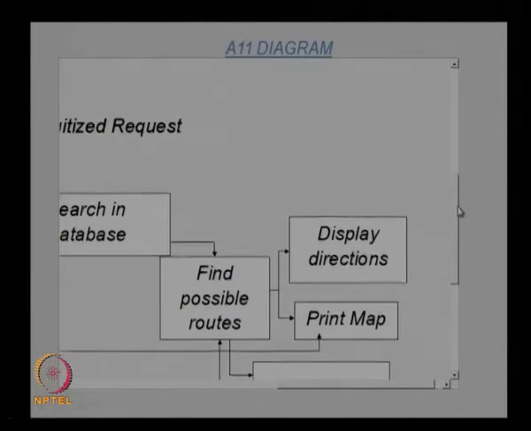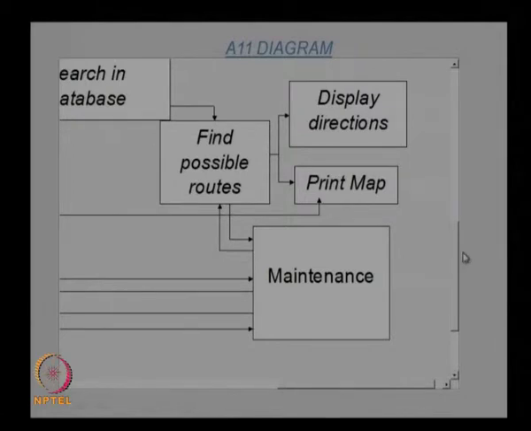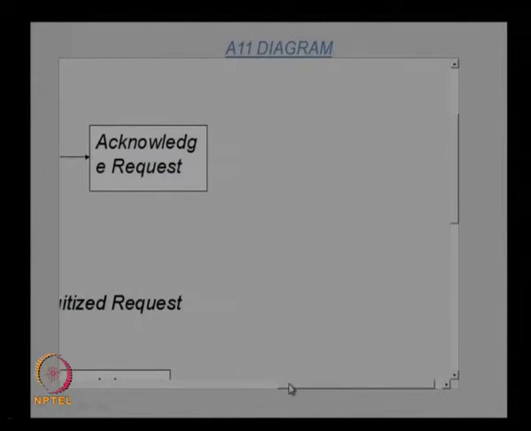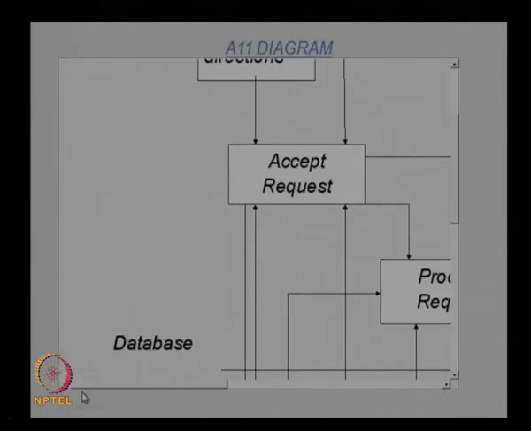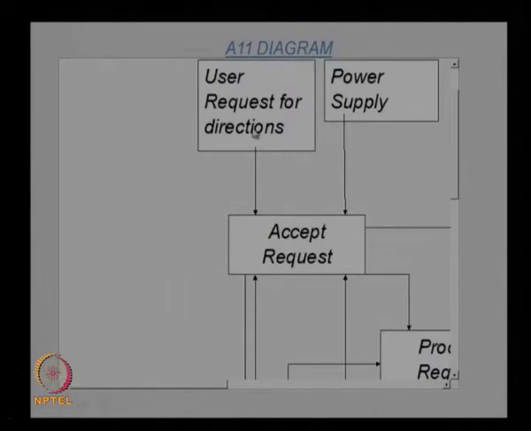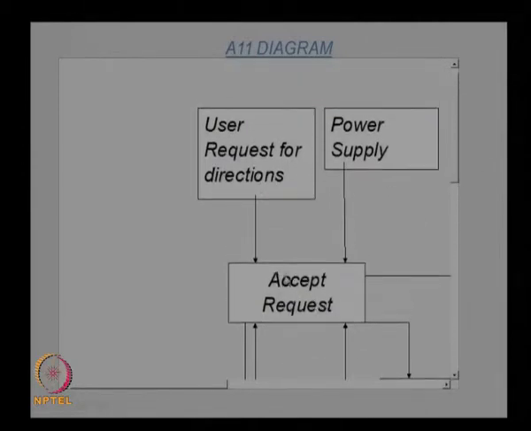So these are the 4 main functions we can identify from the first function. This diagram is known as the A11 diagram. So here actually we are decomposing the A1 function into 4 functions. Now all these functions can be decomposed further into small functions. So we take one function here and then try to decompose that into small functions. So we can take accept request as one function, A11 function, and then we will decompose this into sub functions. So that is shown here.